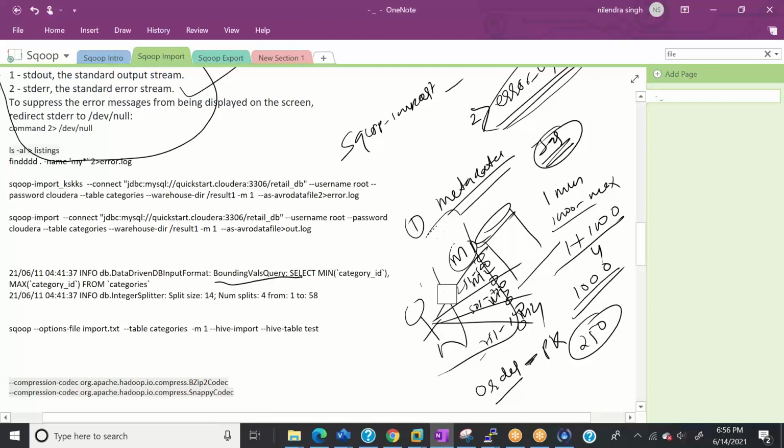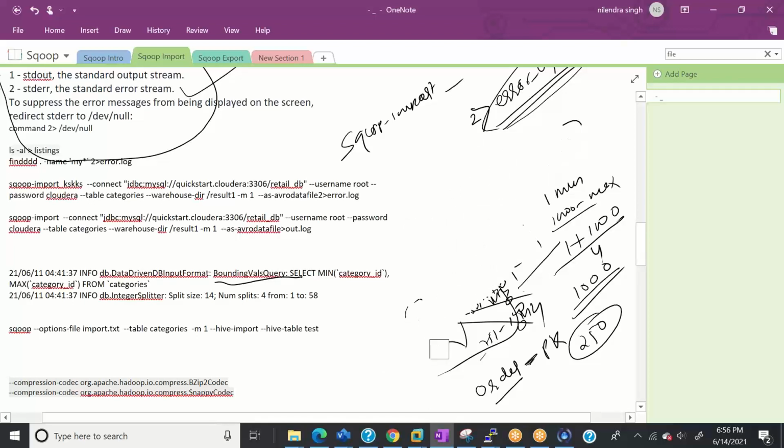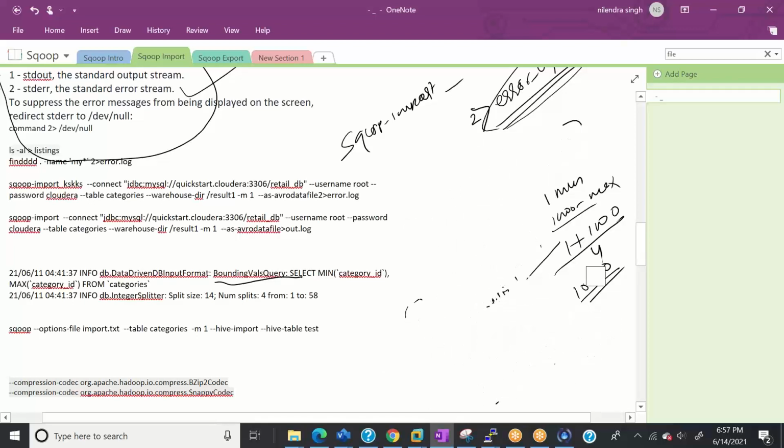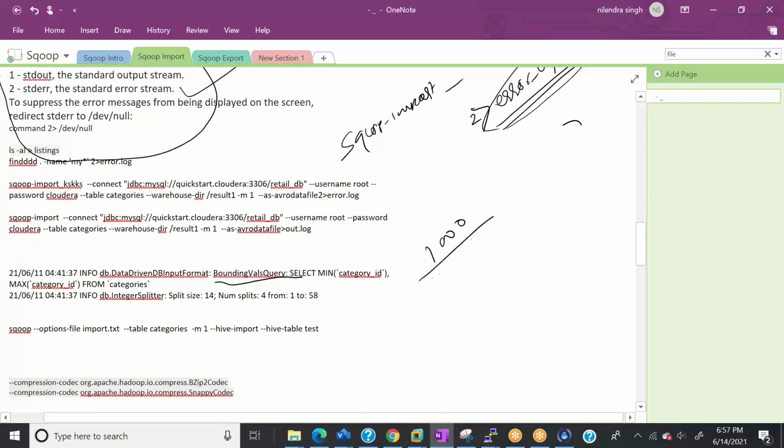But one more question arises, and that's what I covered in the last section as well. If we have outliers, let's say we have 1000 rows in the table, right? But the rows are like this: 1 till 980, and then 999. The first 999 rows are from 1 to 999, but the last row is 1 million or something like this.